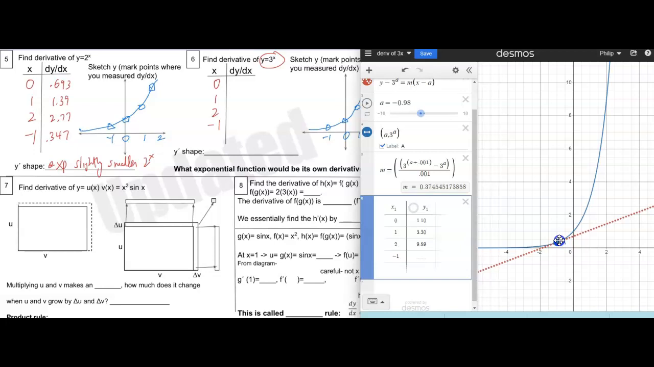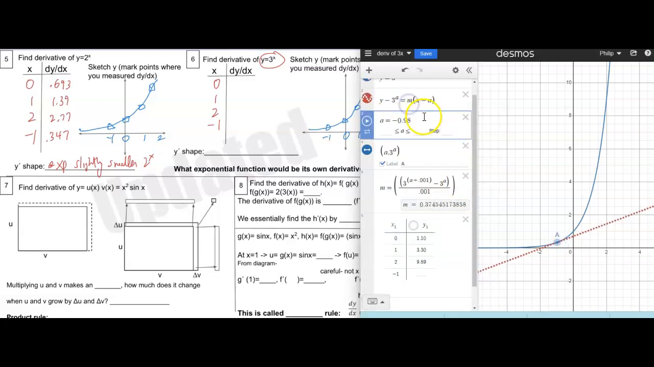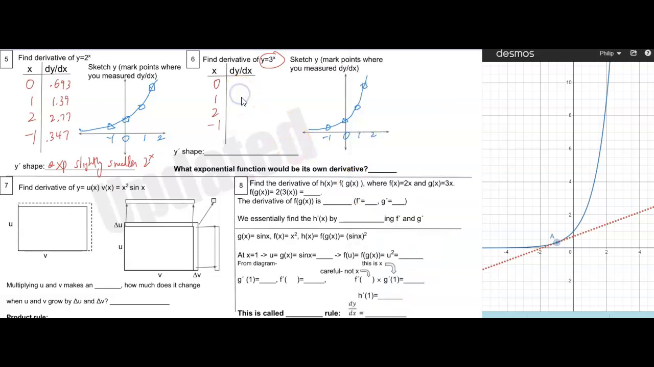And our slope value at x equals -1, let's just type it in, a little easier. The value is 0.366. Okay, so those are the values for the derivatives for 3 to the x. I'm just going to copy them over here